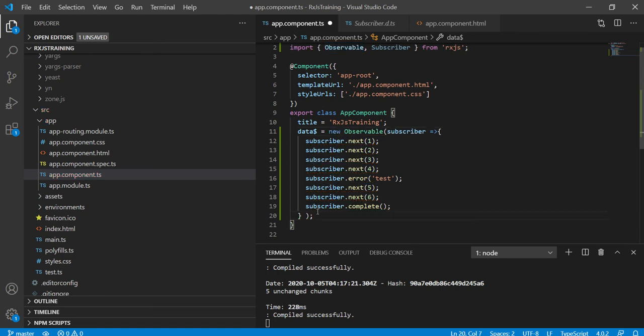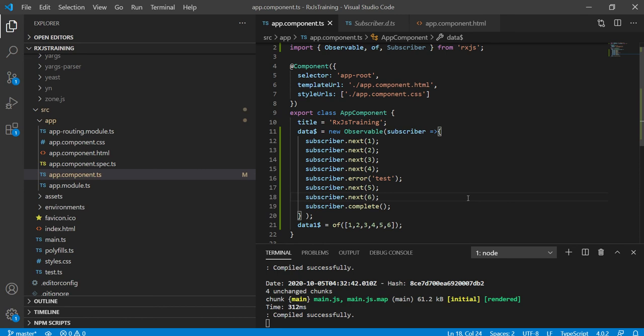In another way, we can use the creational operators like of. This of belongs to the RxJS package. We can pass the values. This is the way we can create observables.